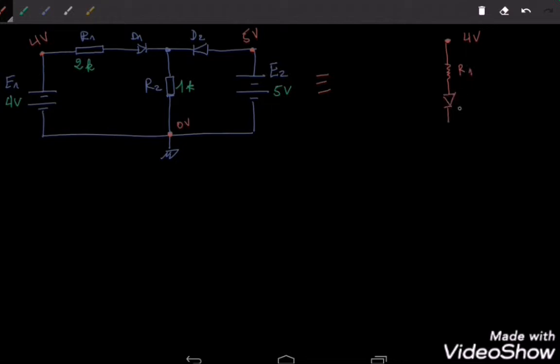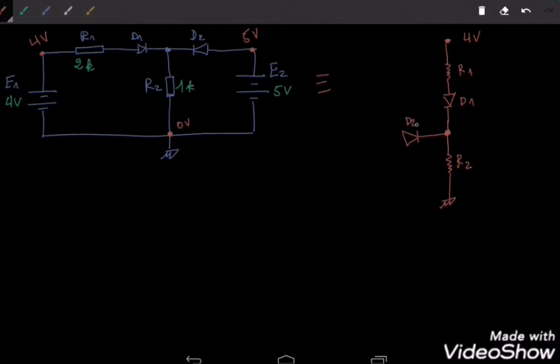Here I have a diode D1. This is a node, and after this node I have a resistance R2. So let me draw it with the other convention like this. So this is R2, and this node is connected to the diode